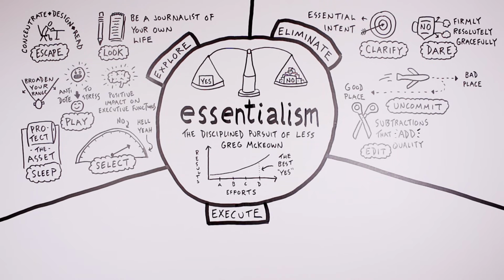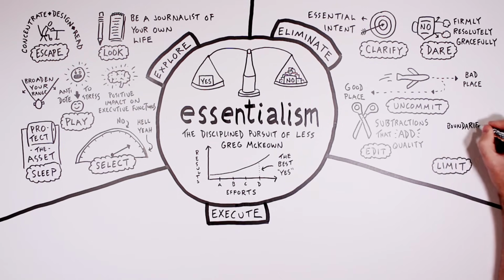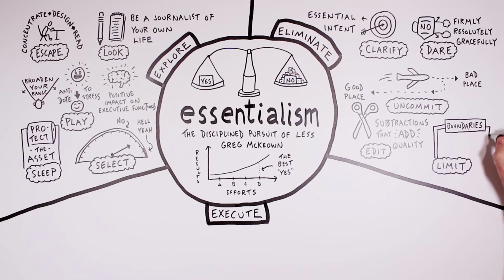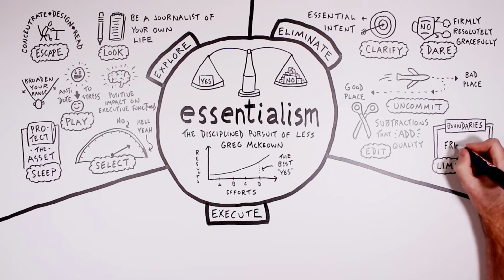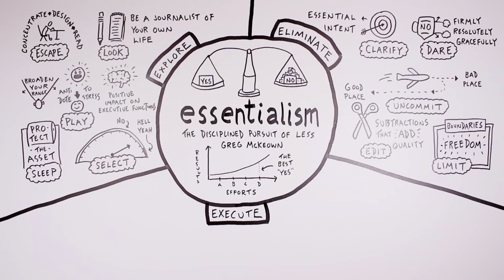This is where you move from being a journalist to being an editor, looking for opportunities to cut out anything that isn't essential so that there's more space and attention given to what is. And where editing is something that often occurs after the fact, on the flip side, you also have the opportunity to limit your options up front, to create boundaries in your life and in your work, within which you can actually feel a sense of freedom, that there's this safe space that you've created where you can do your thing